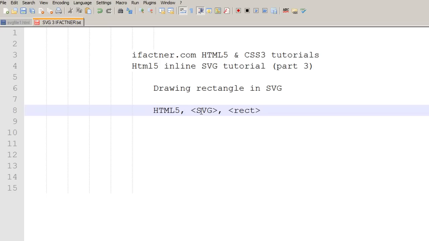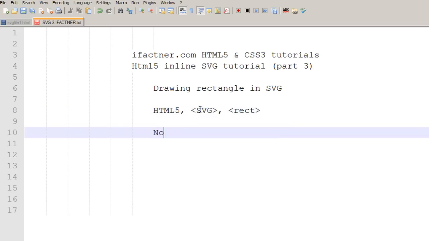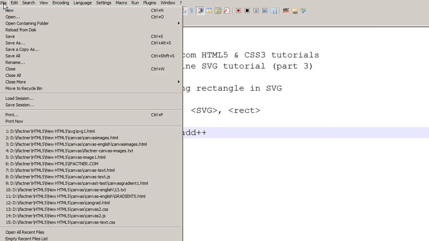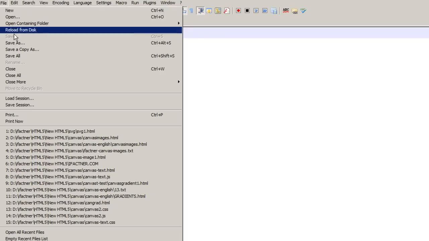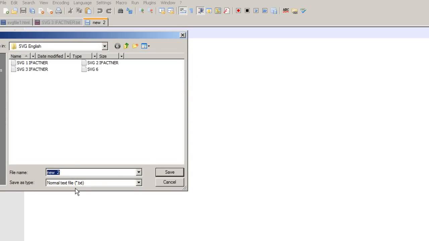So let's begin. I am using Notepad++, and you can also download the free Notepad++ from their website. In Notepad++, I click on the File menu and select the New command, and a new file opens in my Notepad++ working area. I click on File, Save As, and give a name to my file, which is ifactioner-svg-rect,